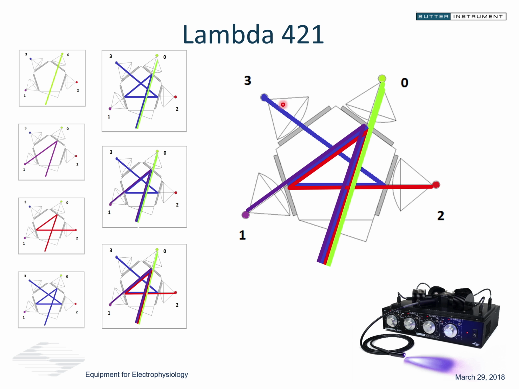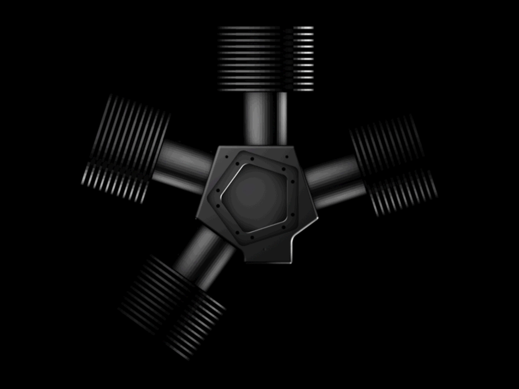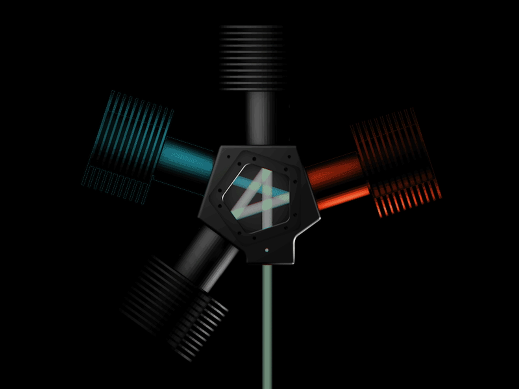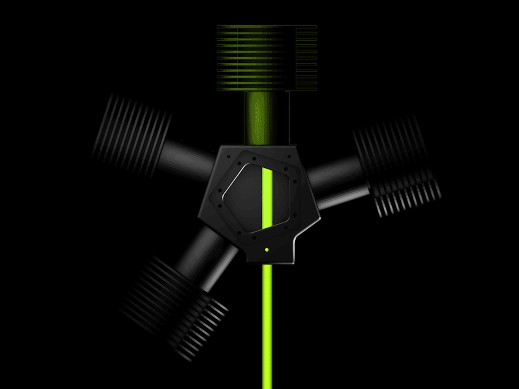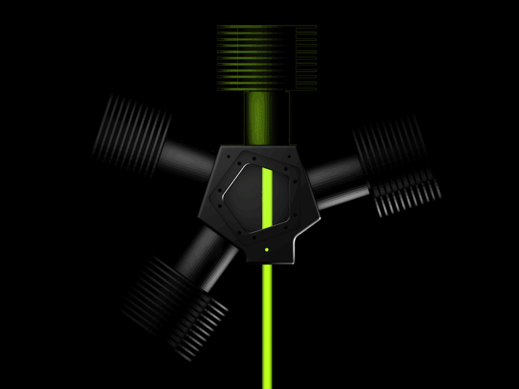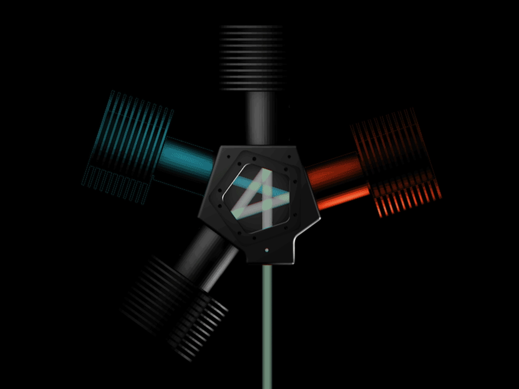Now let's take a look at what that looks like. This is a little animation of how the light would come through, showing each of the 4 LEDs bouncing through and then all coming on. What might be a little bit more realistic is more unique timing that would represent an actual experiment. One of the advantages of this being an LED-based system is that the LEDs are directly modulated and they can actually turn on and off within the microsecond time range.